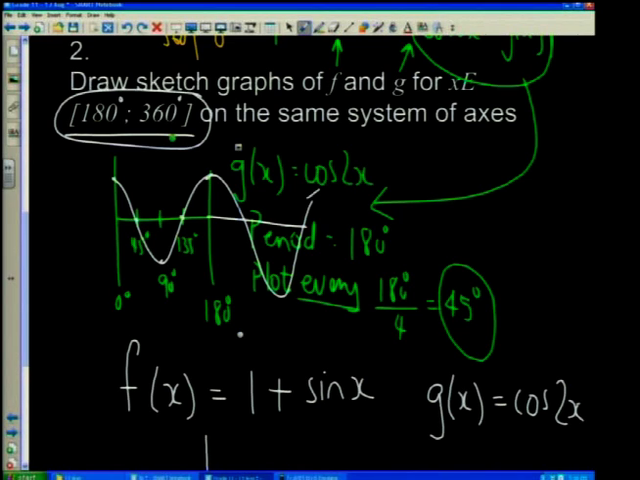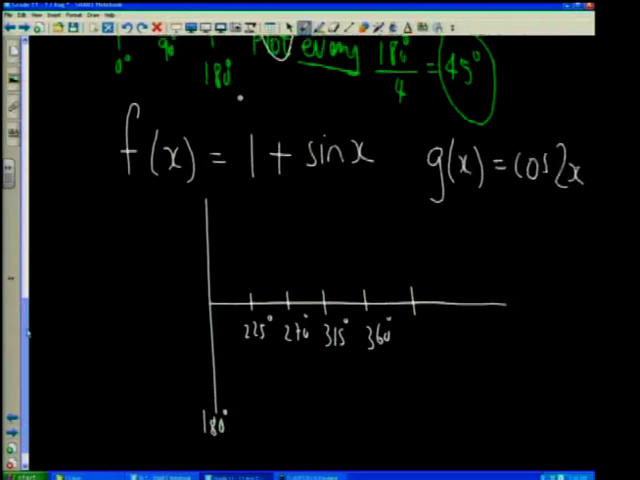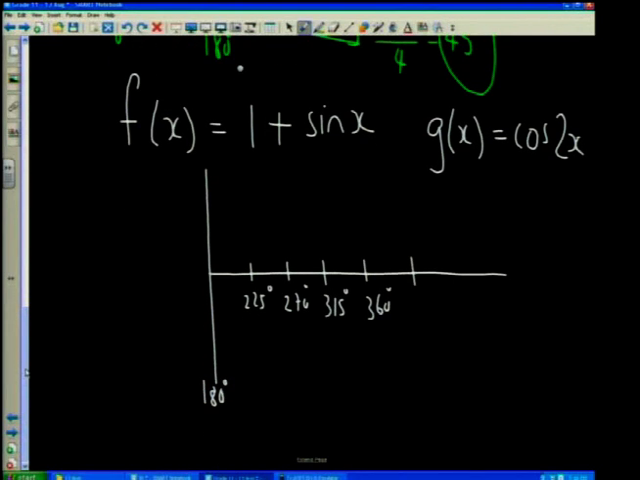So I'm going to start at 180, and I'm going to go 45 degrees in order to get that graph. And I'm going to do the same thing for the 1 plus sine x. So let's do the cos graph first. We'll do the cos in green. Here's our cos 2x. And seeing that we are plotting every 45, you need to make these large enough, because